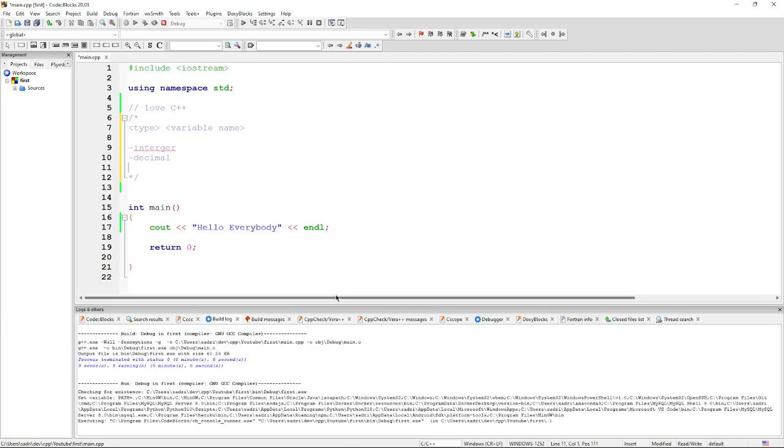Other than that, we have booleans. They have only two values, true or false, like 1 and 0. And then the last one, we have the string type, which holds only text values,